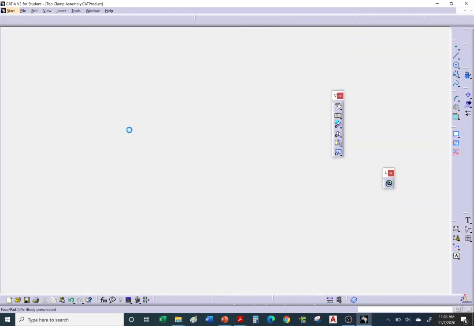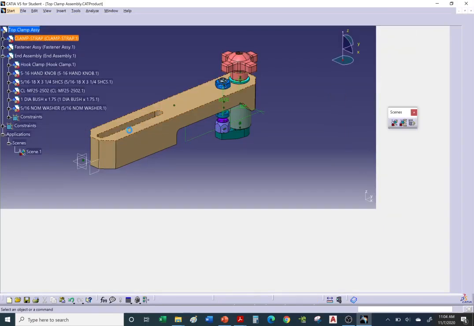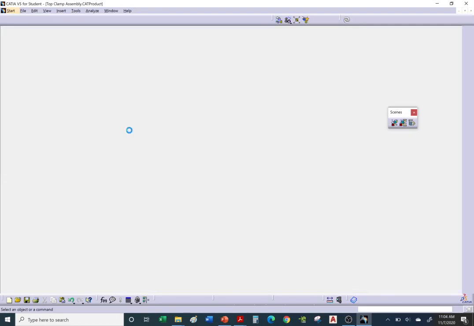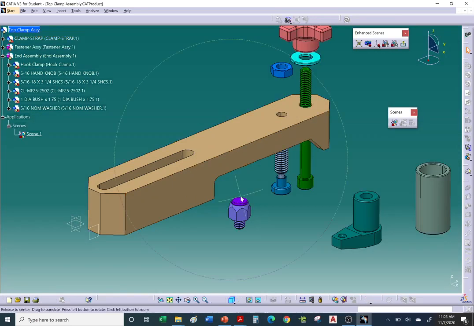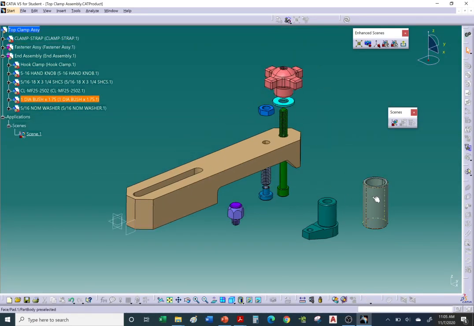You can always go back to scene 1 and move things around, and your drawing will update. Keep that in mind. Sometimes you didn't like the way it came out on your drawing. You can always go back to scene 1 and move things around. I don't know, let's say you want this bushing on the other side along with the